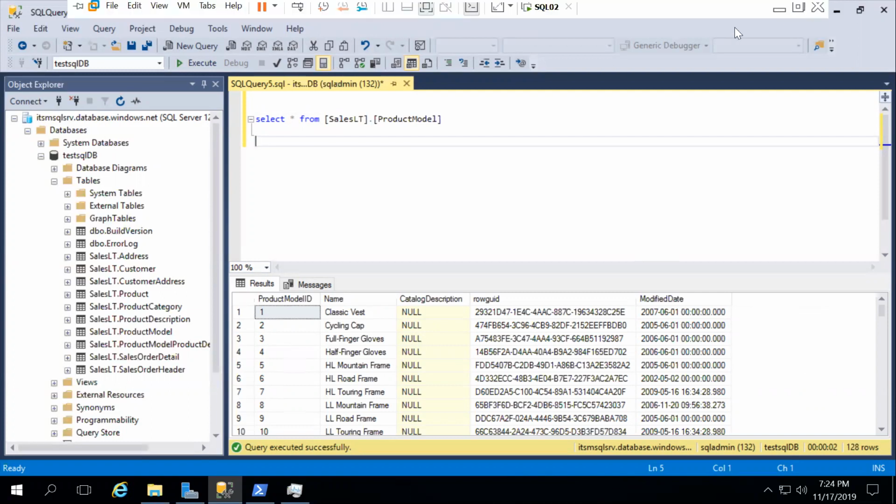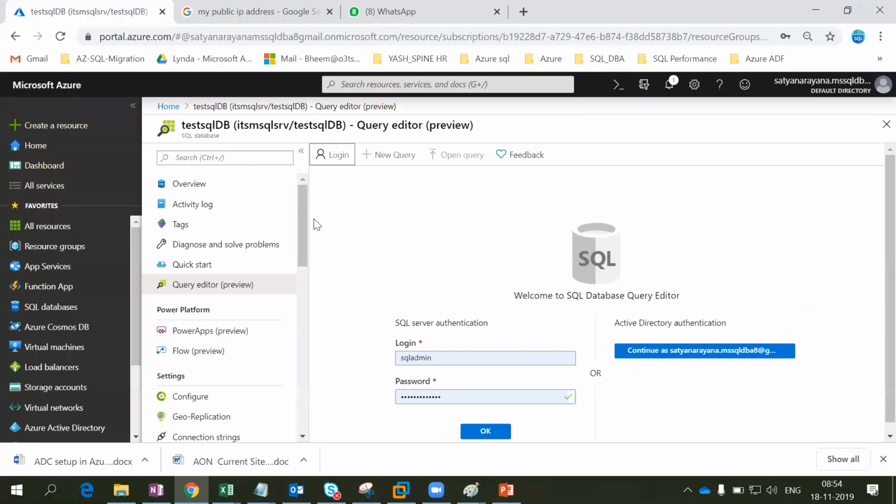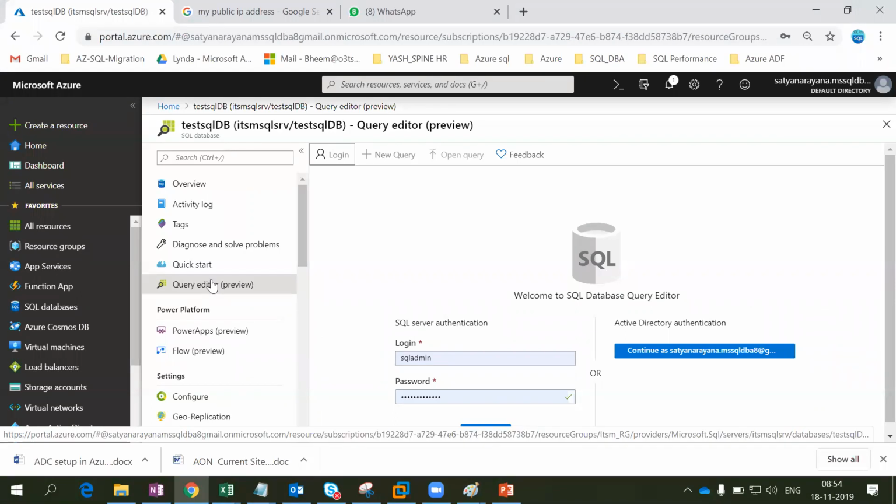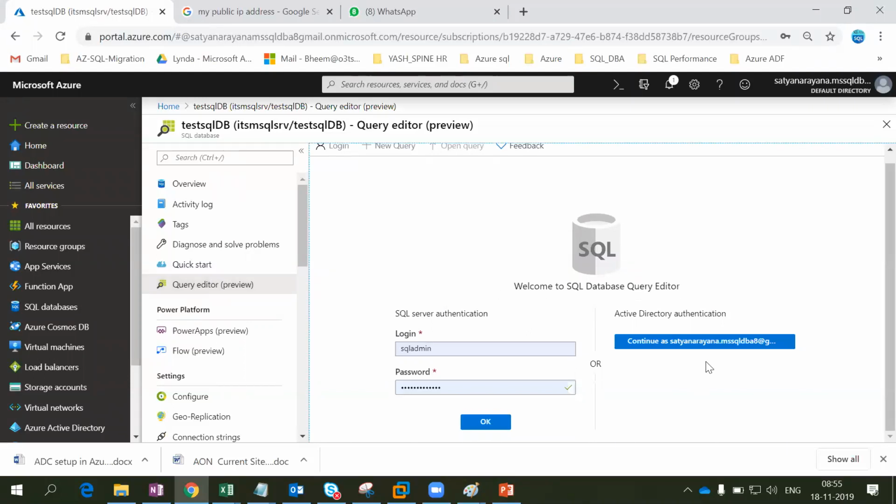When you go to the portal end, let me see. Microsoft has given the option that even in the portal itself we can query this. It is in preview state, and it is going to be public in the next month. So let me connect to this database using this. There are two ways: SQL authentication, and Windows or Active Directory authentication. If I try to connect using Windows or Active Directory authentication, since I don't have any Active Directory NT authority systems, I cannot log in here. But I can log in using SQL authentication.